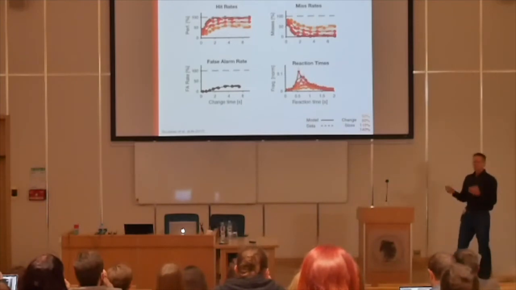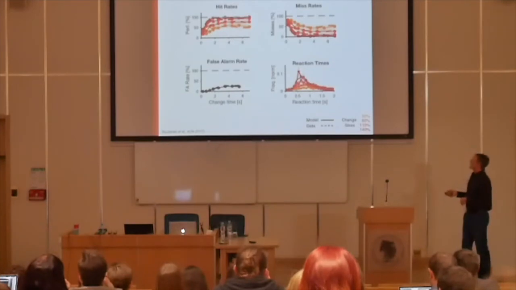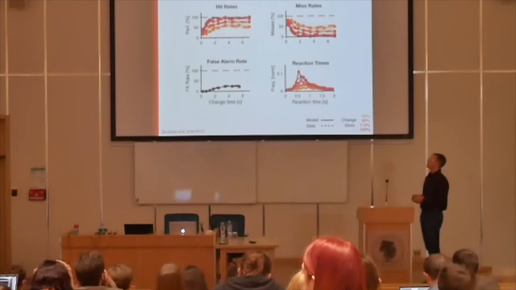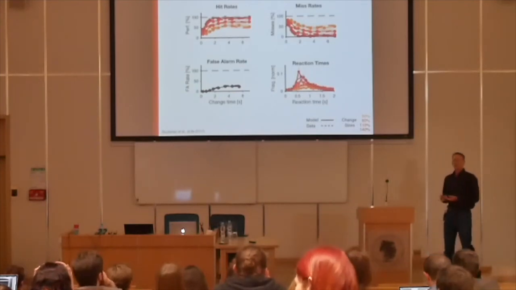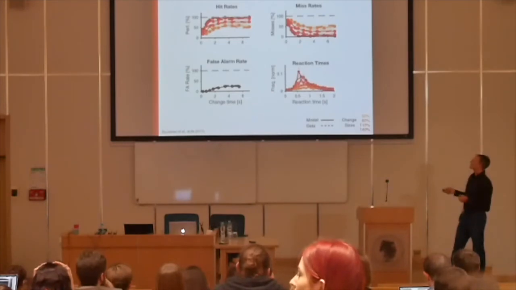So overall, we have a correlation coefficient of 0.9. So you can see that such a simple principle, adapted to the stimulus, can directly account for the performance that subjects have in this texture detection task.